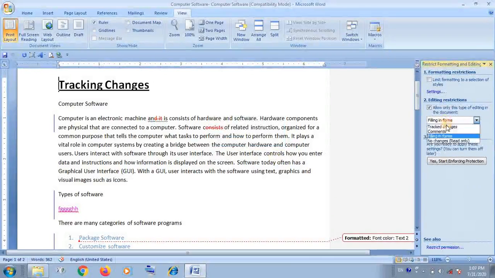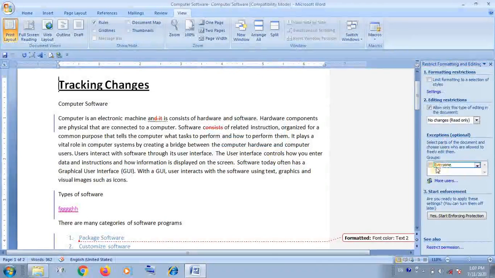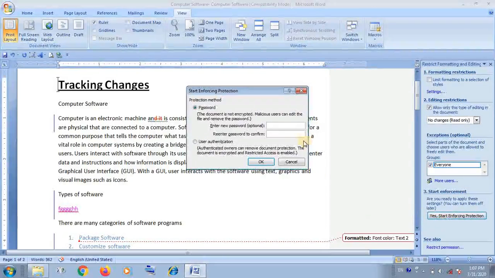Okay, unprotect it. Again you are looking here, read only. If you make it read only, then no one can make changes, everyone can only read.